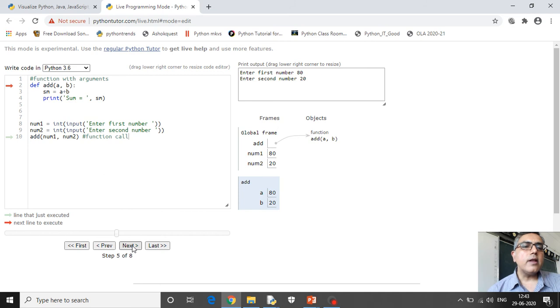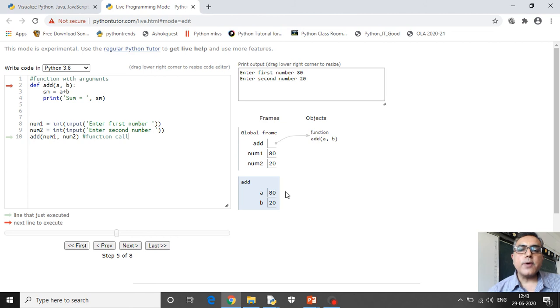See, when I click on next, what has happened? When I called this function add, I had given num1 and num2 as data on which the function will work. Now the function is supposed to work on two values. I have given two values here.